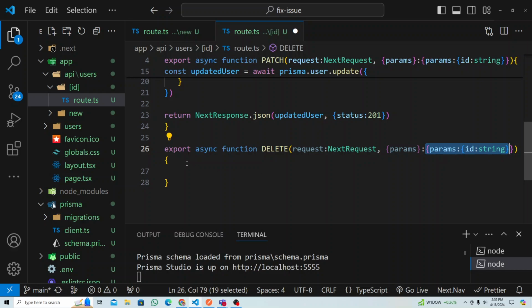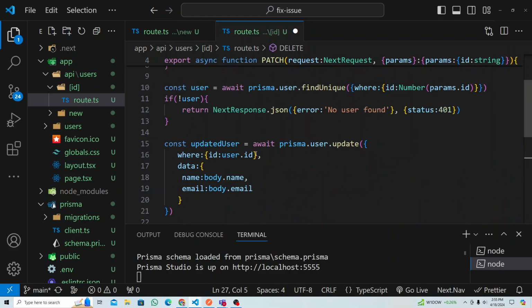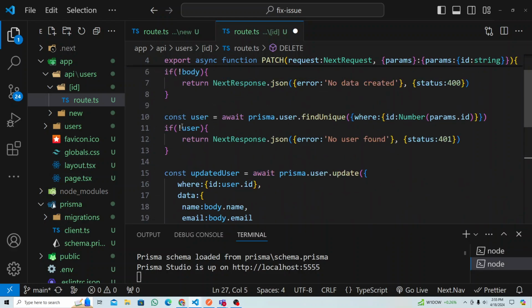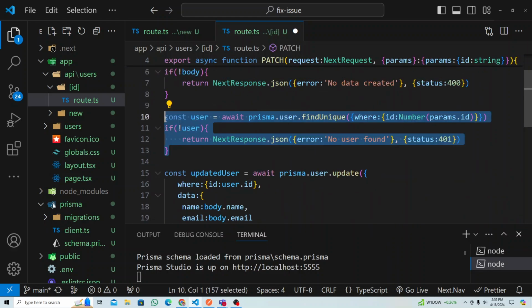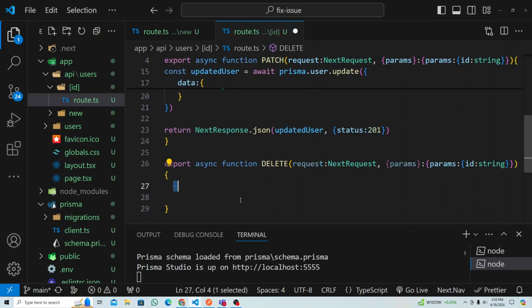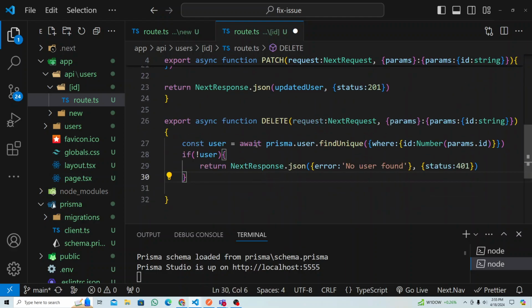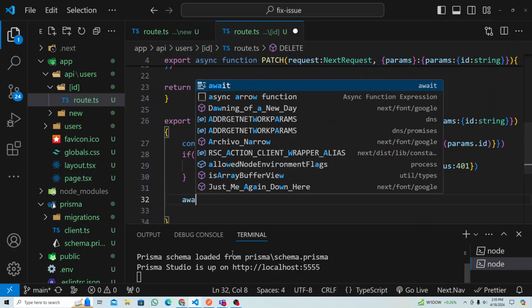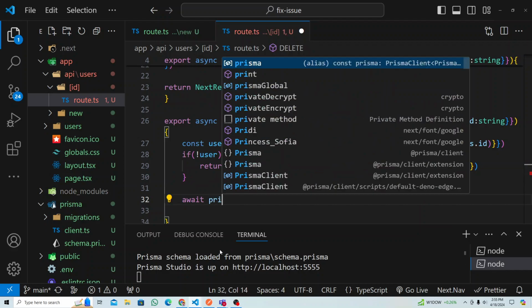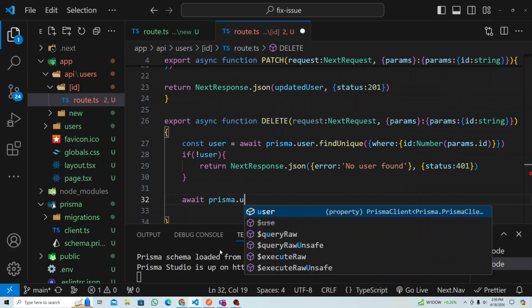We have the id now. The first thing to do is check if that is there in the database or not, right? So I will do this part here. I will check if that user is in the database or not. Okay, so await Prisma user find unique where id equal to this one, right? If no user, then return this status, no user found, right? Else, just await, and then Prisma dot user